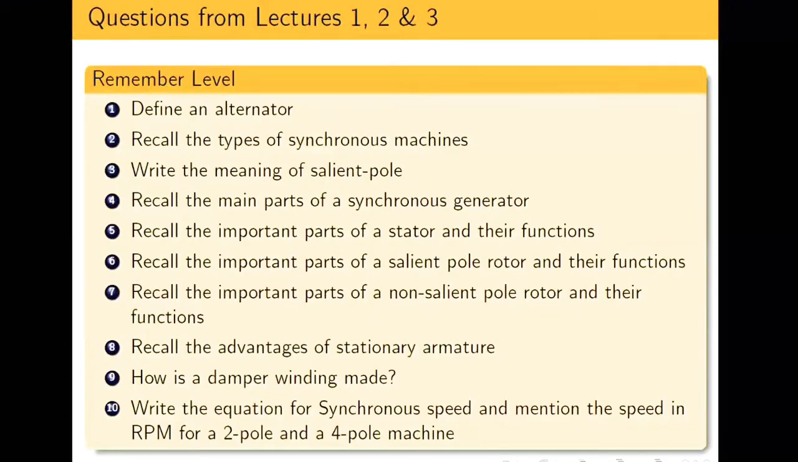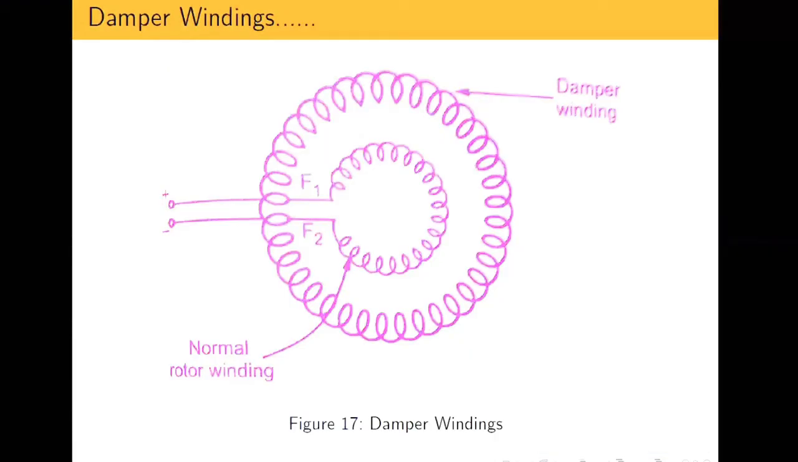Recall the important parts of a salient pole rotor and their functions. We have two types of rotors, right? Salient pole and non-salient pole. And the stator and their functions are both same for generator and motor, synchronous generator and synchronous motor. You can call it a synchronous machine. Now, salient pole rotor and their functions, and non-salient pole rotor and their functions. We have these two questions. These are type of questions, and